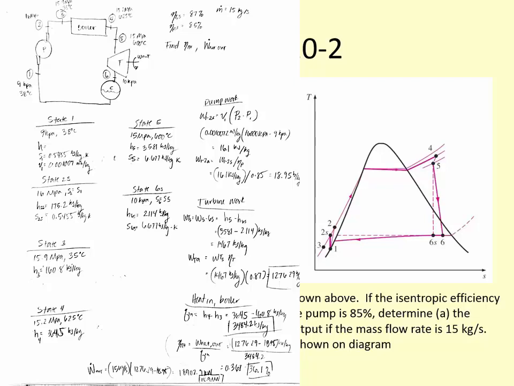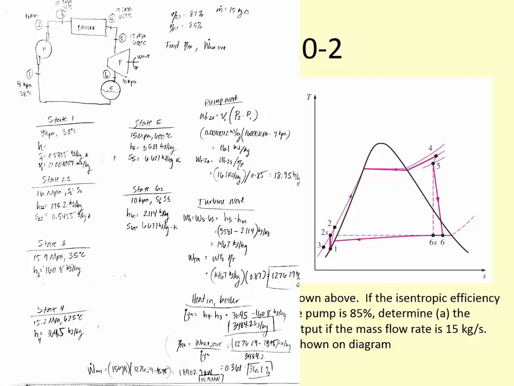Okay, so we have now the turbine actual, pump actual. We need to find Q in to the boiler. So Q in is equal just to H4 minus H3 in this case. H4 minus H3, so that's just right on either side of the boiler. It's confusing because it's different subscripts than we used previously. So this is